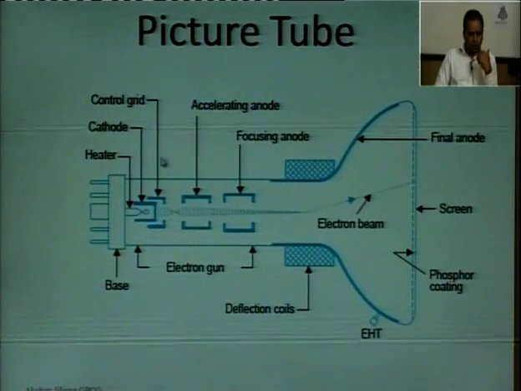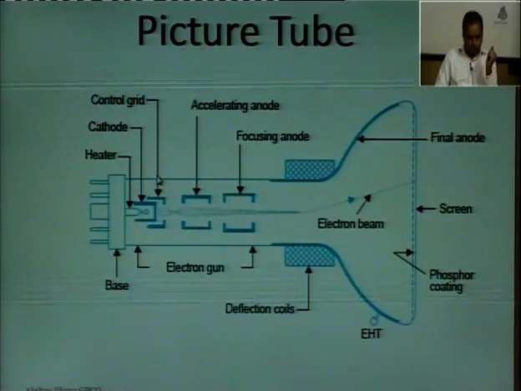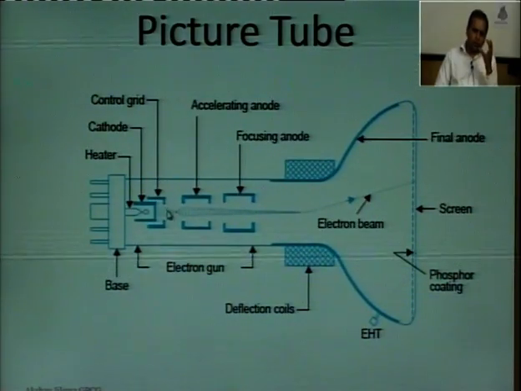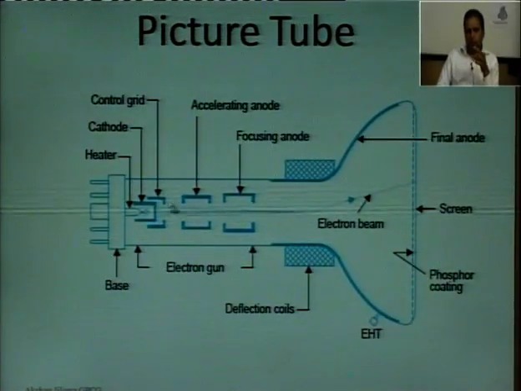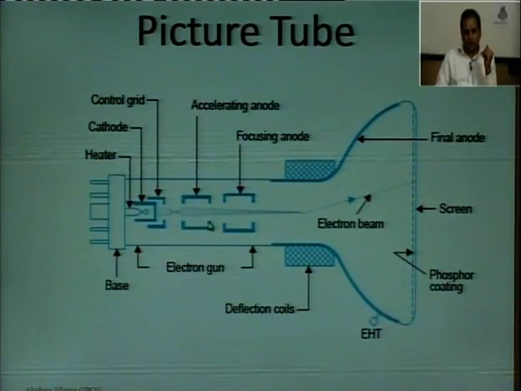Of a control grid which is present just ahead of the cathode. Then we have the electron gun. So, once those electrons are brought to a uniform velocity, then these electrons are accelerated. Why are they accelerated? Because